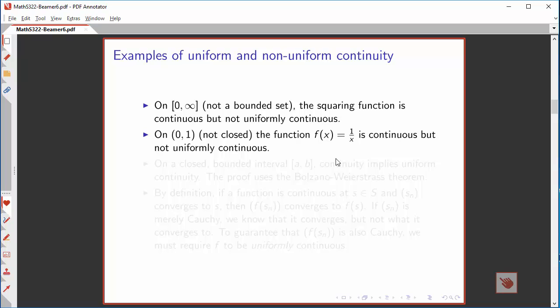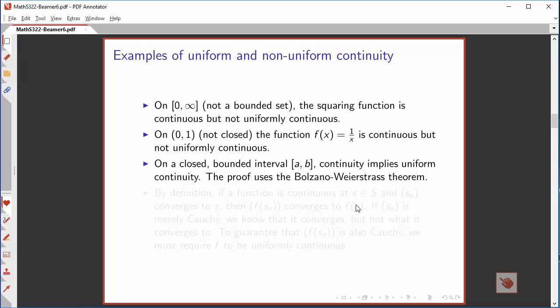Let's look at the open interval from 0 to 1 and the 1 over x function. This function is continuous at every point in that interval, but it's not uniformly continuous. Here the problem is if you say, oh, just make x and y be within 1/1000th of one another, I can choose a couple of tiny values of x and y, so the difference between their reciprocals is quite large. However,